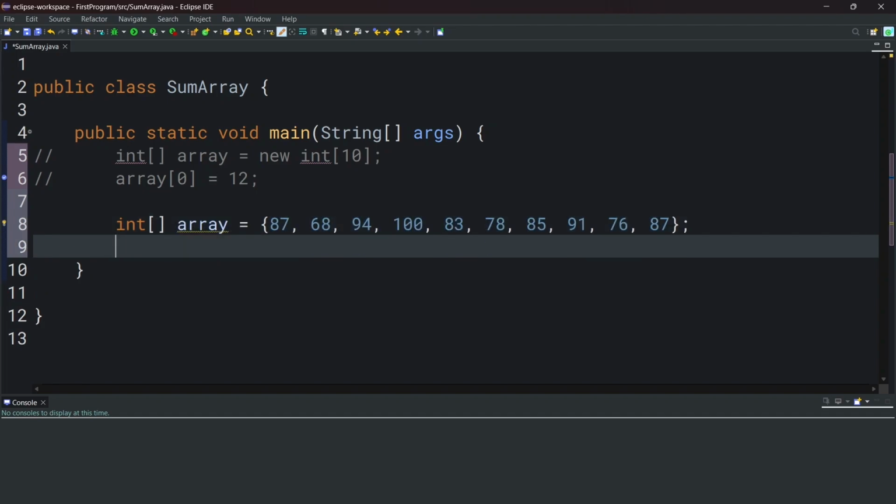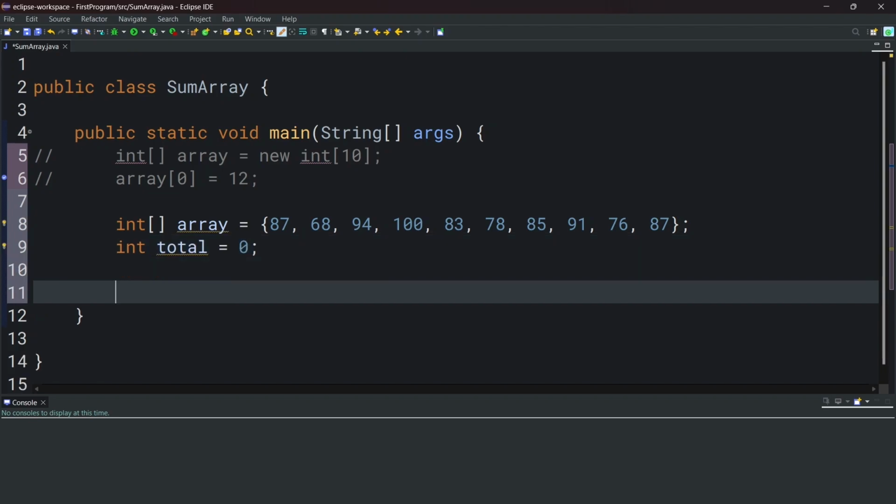Now the program that we're going to be building is going to calculate the total or the sum of the elements inside our array. So we're going to have a total variable, and we're going to initialize it to 0. Now to go through our elements, we're going to use a for loop. Our initializing statement is going to be int i is equal to 0. This is because indexes start from 0, and our condition is going to be while i is less than array